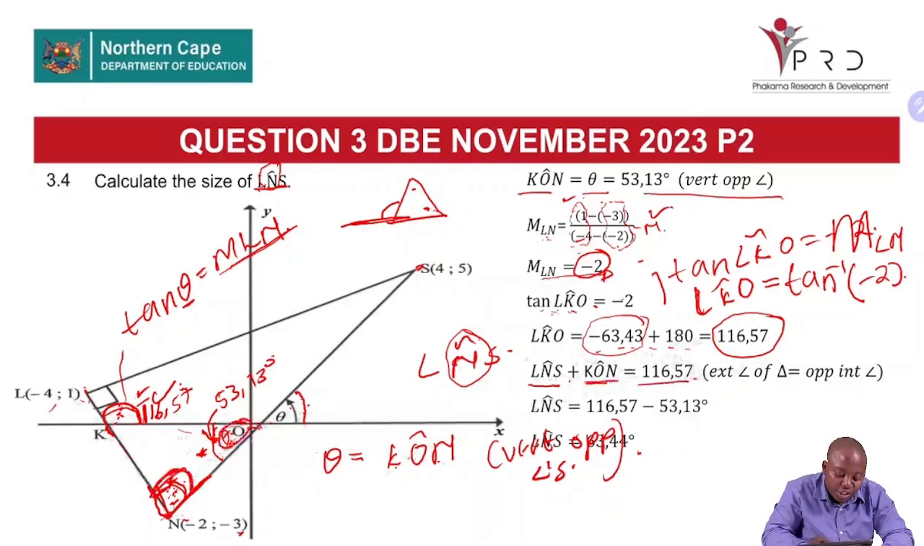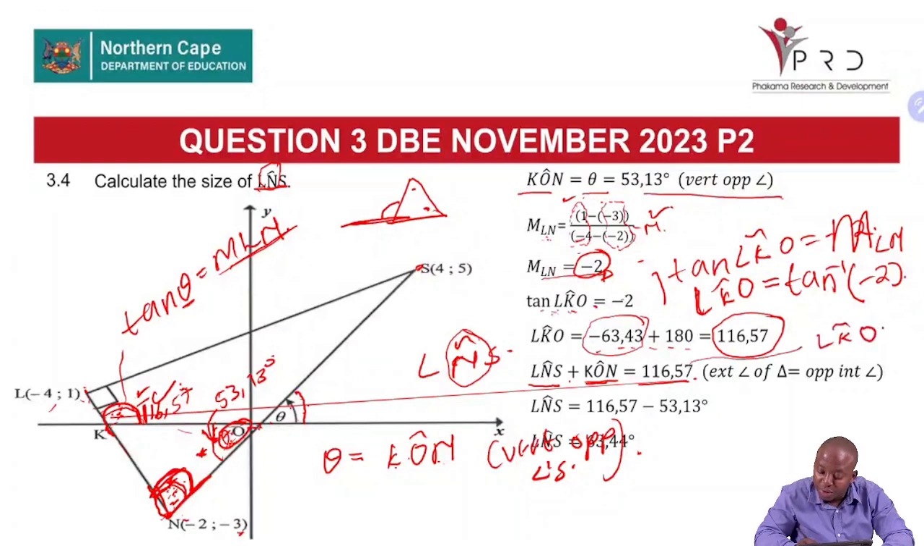116,57. This 116,57 is the angle that we found there, which was LKO. So that is our angle that we have. It is equal to LKO. What is the reason? An exterior angle of a triangle equals the sum of the opposite interior angles. Then remember this was 53. So in this case it was 53. LNS plus 53 is equal to